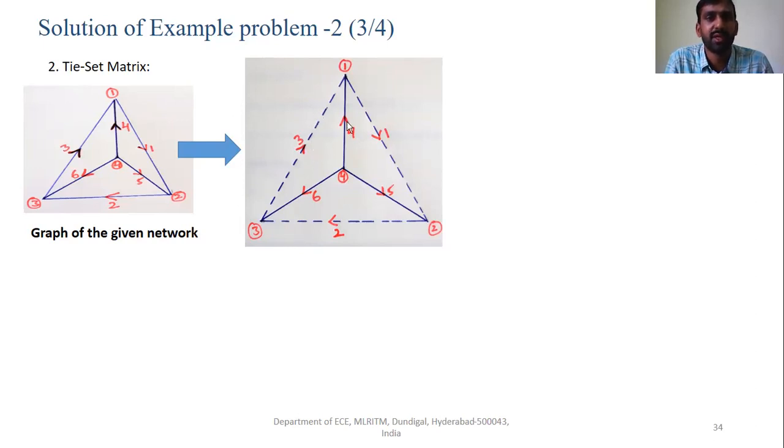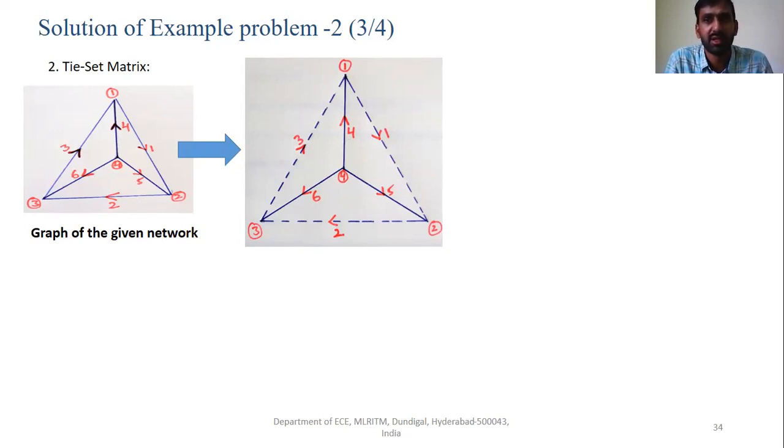Say for example, here, how many links do we have? 1, 2, 3, for the tree which we have considered, using 4, 5, 6. You may get a different tree, and for different trees we may have different links. That is not the matter here.